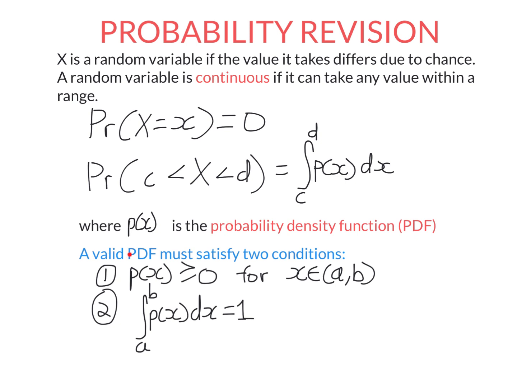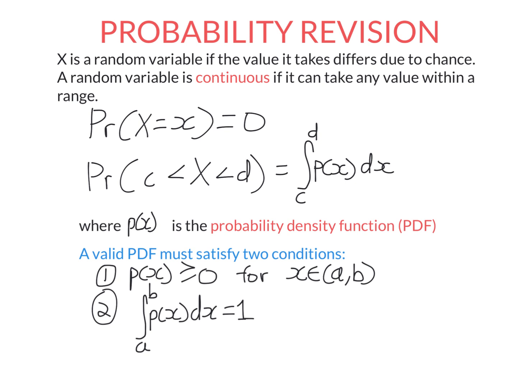So if a function is a PDF, it must satisfy these two conditions. Firstly, the PDF can only take 0 or positive values for X between A and B. That's what this one says here. Now, A and B are the values that the random variable can take. For example, if the random variable is between 5 and 10, then the PDF must take only positive values between